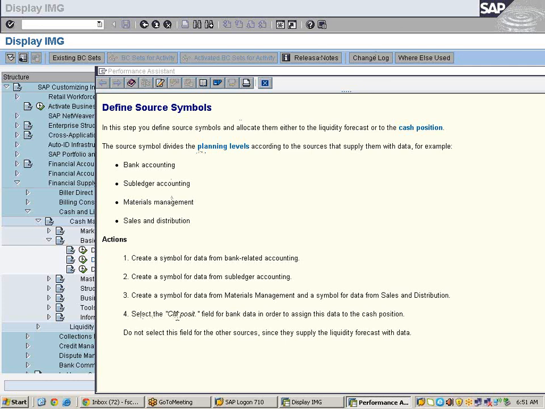So what it is saying is select the cash position field for bank data in order to assign these data to cash position. That means every transaction should be updated to the cash position, whatever it may be in the bank statement. That is the reason, because vendor account and customer account, which is not recoverable. So if you take customer account, the amount which is not recoverable also shows in the cash statement, but